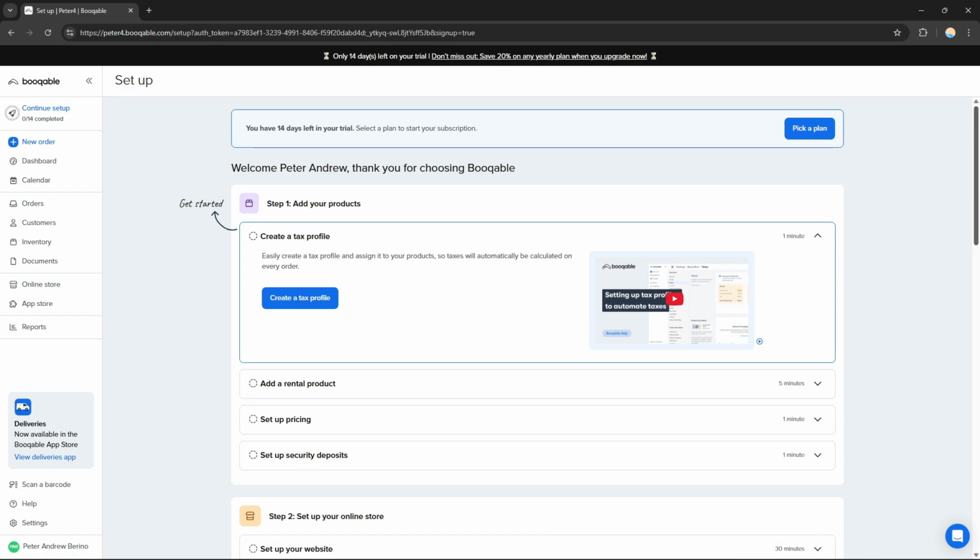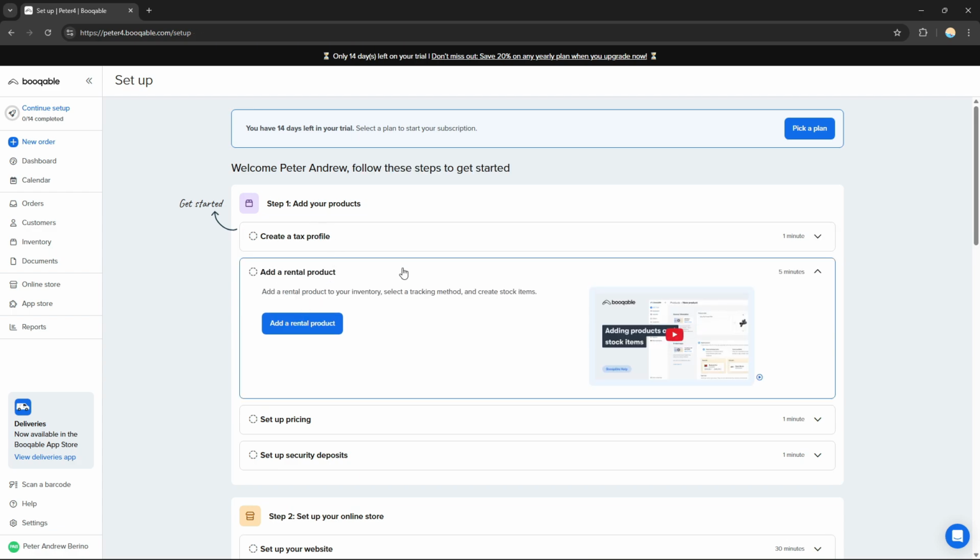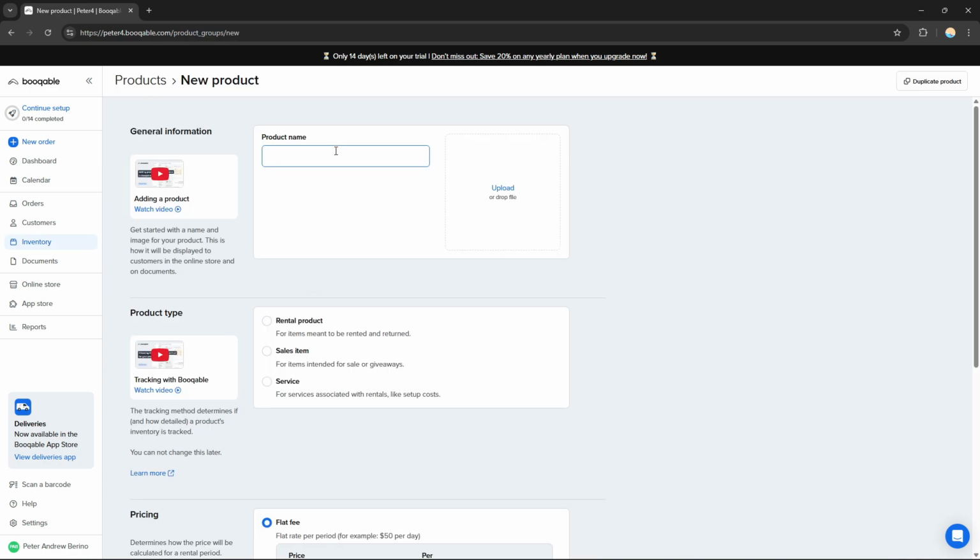So first, add your products. In the dashboard, you can go to products and add products. You can just click it right here, add a rental product. After clicking it, you just need to input the product name. For example, I'm renting clothes. So, for example, I'm renting